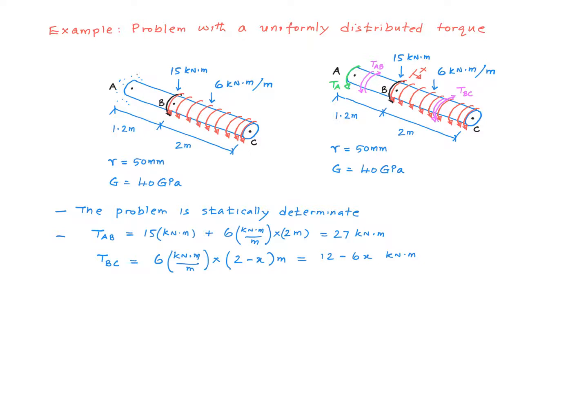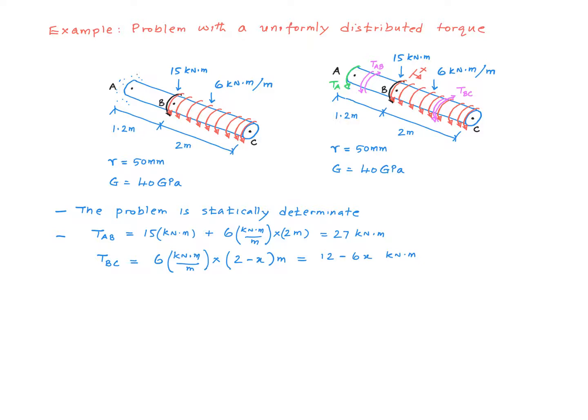This is because the internal torque is constant from A to B, as this equation illustrates. But within segment BC, of course, it matters exactly where you section. So let's define the x coordinate system. I mean, you can start measuring x either from A or from B. In this particular case, since we have the distributed load only within the second segment BC, it's convenient to start